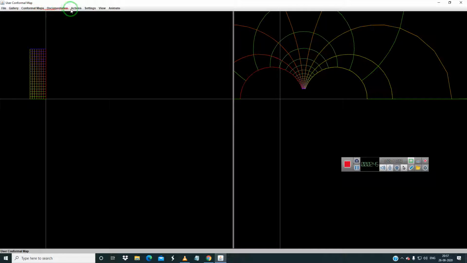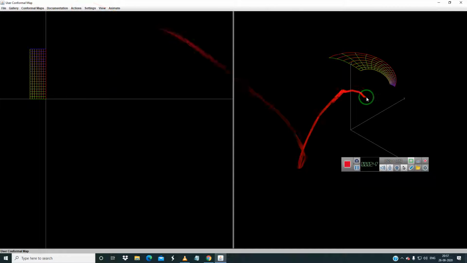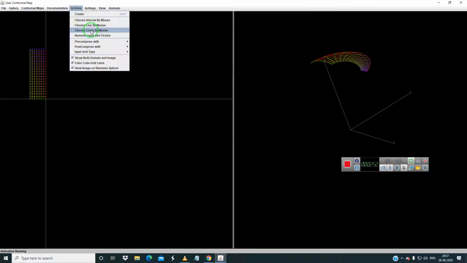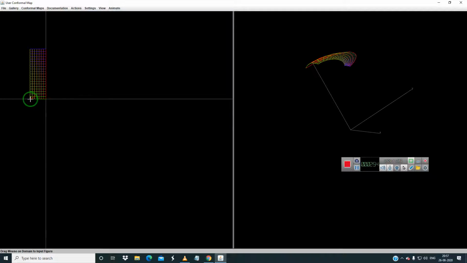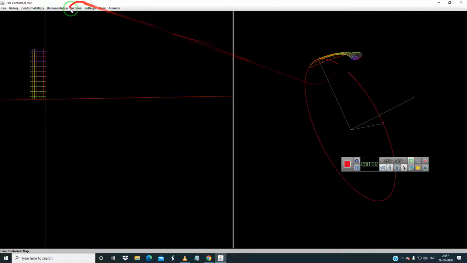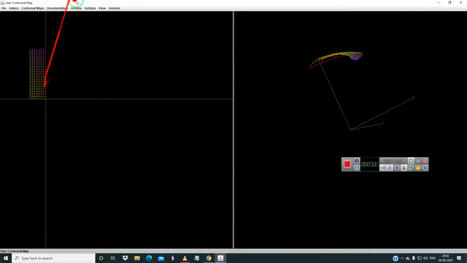Now you can also view this in Riemannian sphere format like this. If you want to check the lines, you can draw the lines when z is equal to 0 over here, and a circle is formed. Or you can also do conformal mapping of a circle, and draw one circle over here.